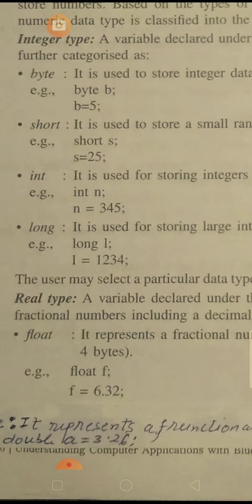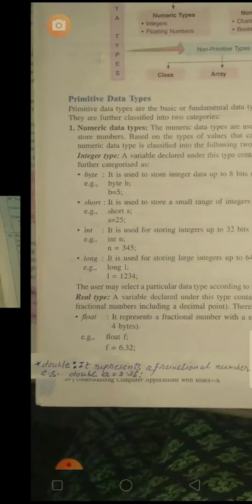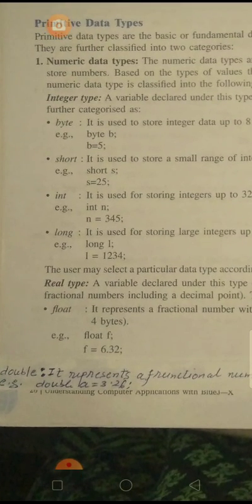That means now n will occupy 32 bits in computer memory. According to the chart given, 32 bits for integer, so it will occupy 32 bits. So this is the difference between all the data types given. This is all about the data types, sizes and range, and default values are also given.